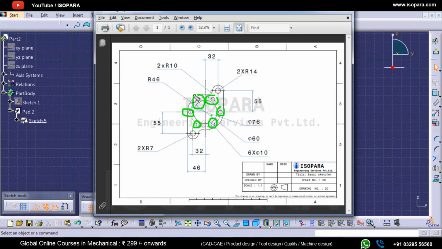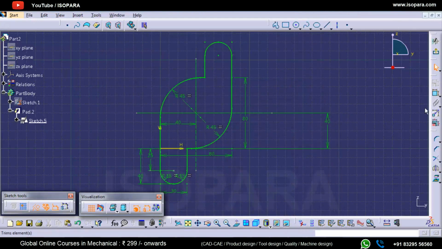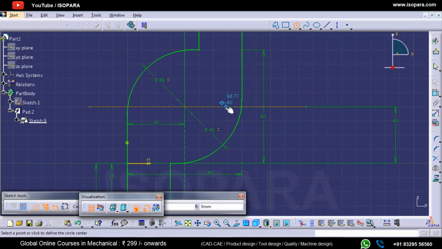So instead of making this one in your sketch, unless it is very important, only in that case you can go in the sketch and draw these circles. Otherwise, go to the part modeling and then make a pattern, circular pattern. Don't do this thing in the sketching. Why? I will tell you. Like it is 6 in 360 degrees. So I will show you how I will make them, if it is really necessary.